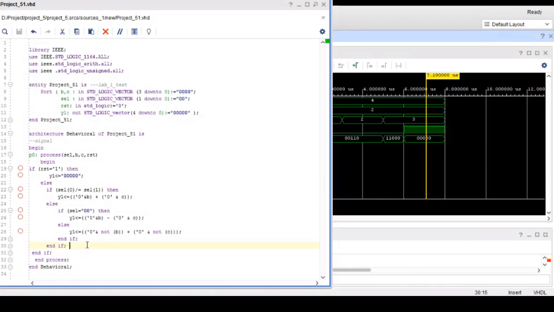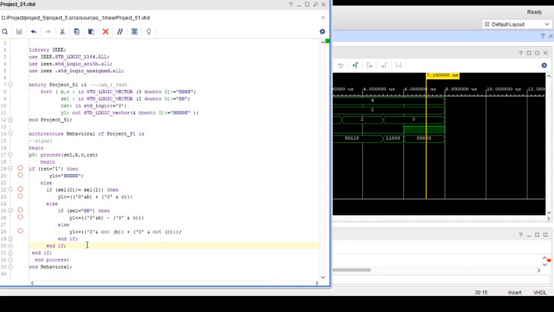Else, if RST is 0, then we go inside to check the status of the selection lines. If selection of 0 is not equal to selection of 1, in the sense that either the LSB may be 1 or the MSB may be 1, both will not be 0 and both will not be 1.